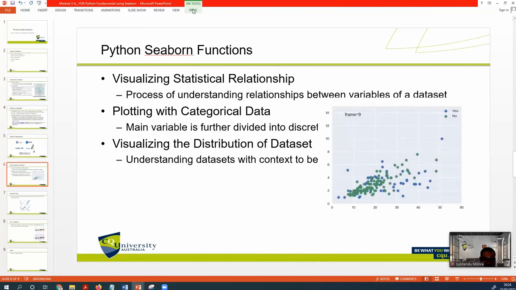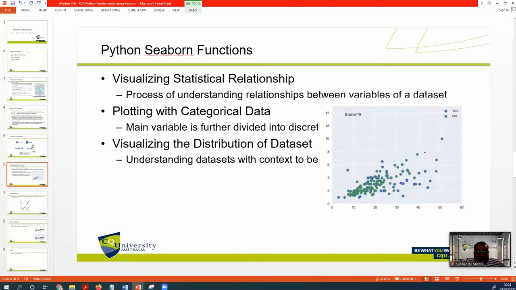Because we are going to deal with statistical models, we can have linear regression, logistic regression, neural networks, all statistically related.